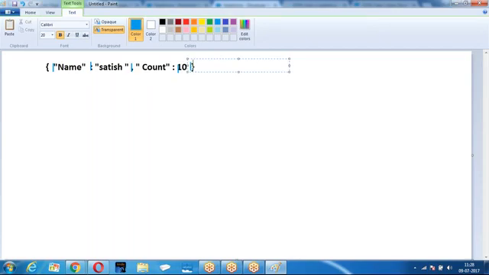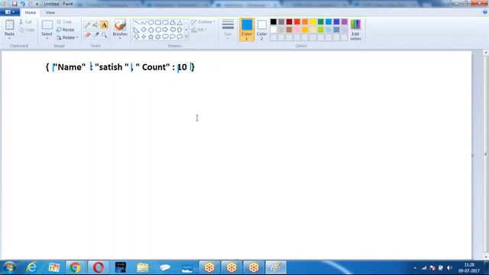Whatever string I give, it is broken down into a number of tokens. Each token is identified as a start, field name, value, or end. So what it is going to do is break the given JSON string into a number of tokens, take the tokens one by one, and identify each value.